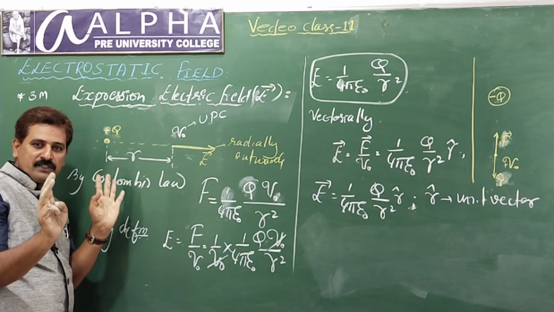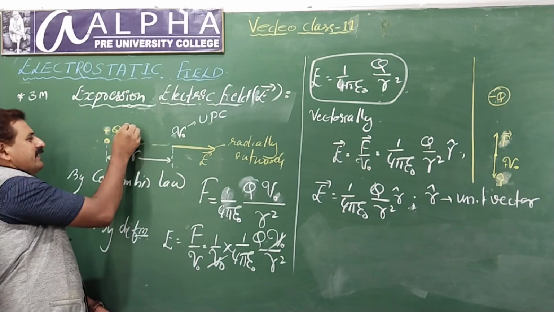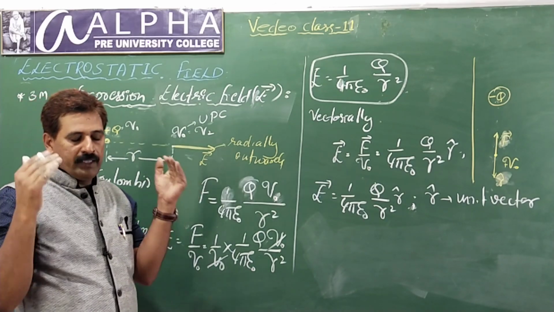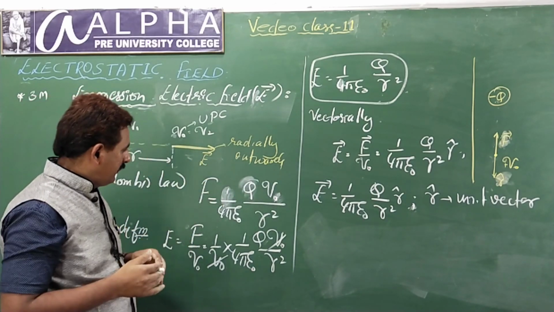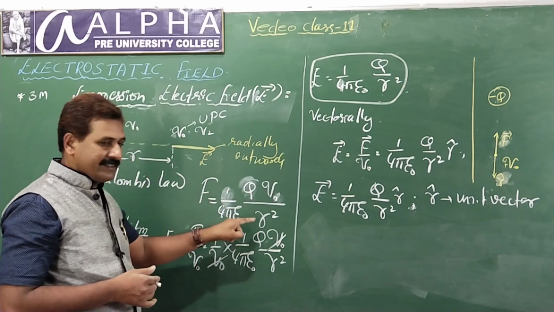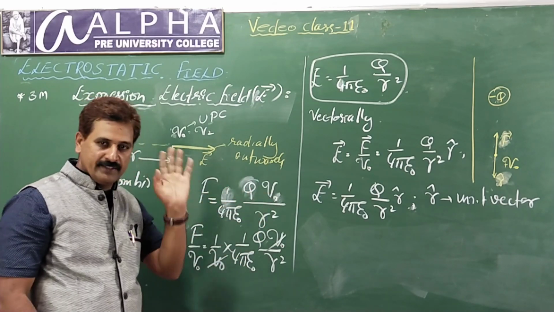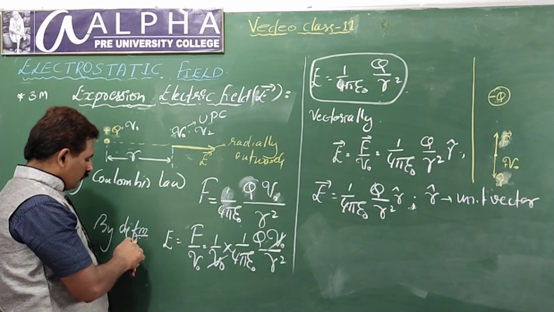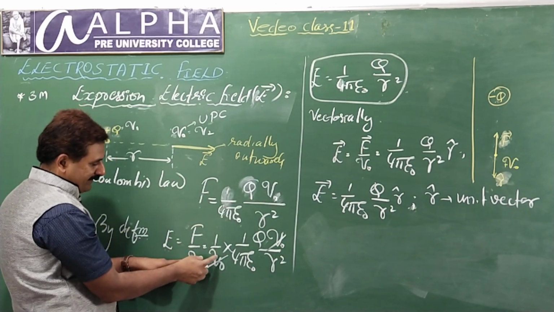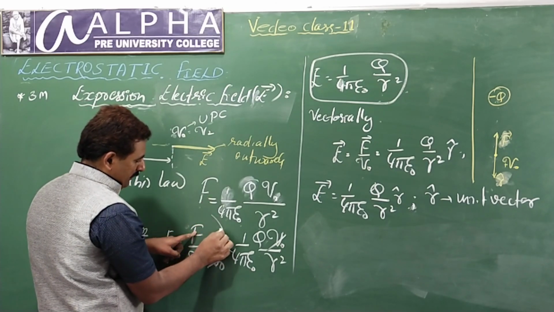R. Very simple, students. First of all, you read Coulomb's law. Here there are 2 charges, Q1 and Q2. What is Coulomb's law? 1 over 4 pi epsilon 0 Q1 Q2 by R square. Q1 is capital Q, Q2 is Q naught, and the distance is the same R square. So 1 over 4 pi epsilon 0 Q Q naught by R square. Then you use the definition of field, force per unit charge. Divide by Q naught here, or else you can cancel it out like this. 1 by Q naught into F. You have written the F expression here.